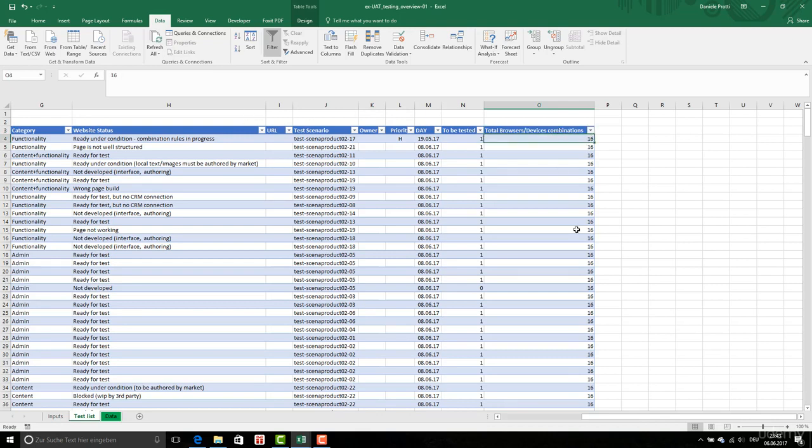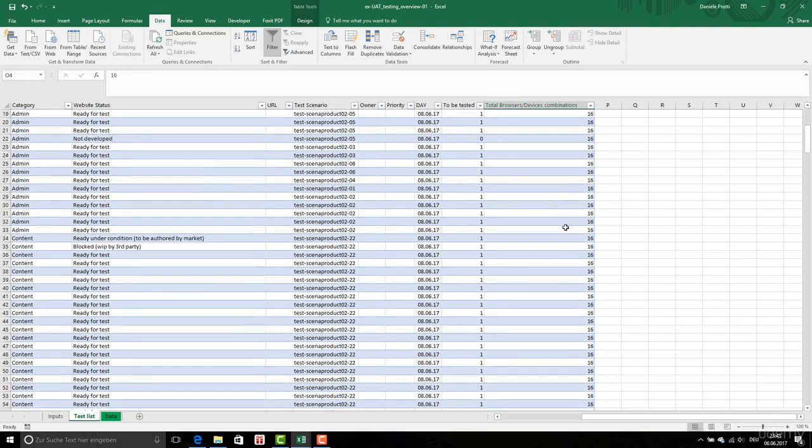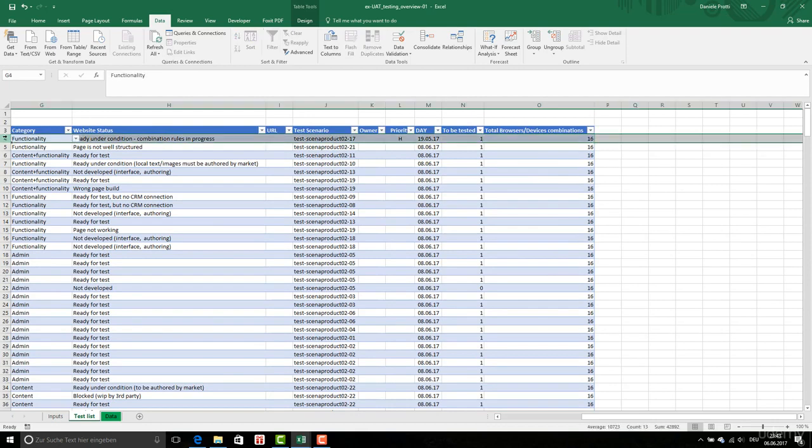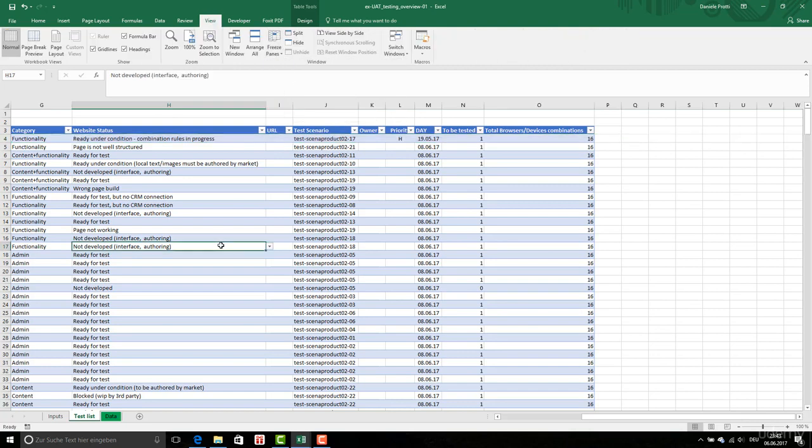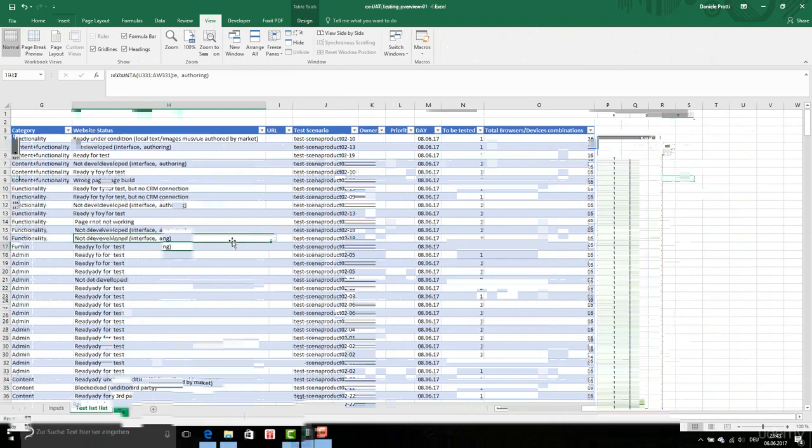I can also use one for all, but I usually keep it like this because I can have pages where I can change the combination. I can say for this page I need only 3, for the other page I need only 4. Okay, so I want to keep this now. Okay, I'm going to